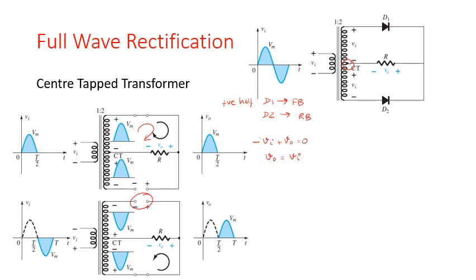So when I'm looking at this end and I write an equation over here, this is now going to be minus Vi plus V naught is equal to 0. Again V naught is equal to Vi, so V naught is equal to Vm. So what I have got again is a positive waveform over here. What you are getting in total is all positive half cycles copied as they are. All negative half cycles are now becoming positive. So you're going to get a train of positive half cycle waveforms. This is how a full wave rectifier functions.